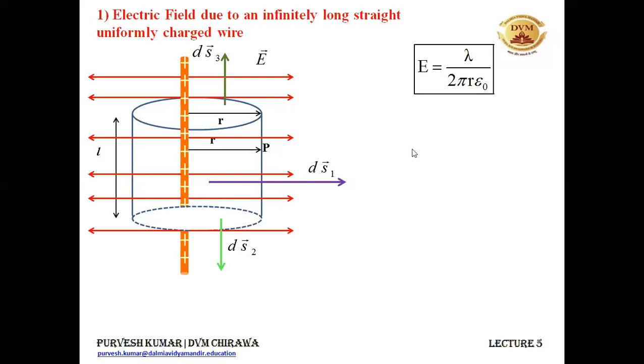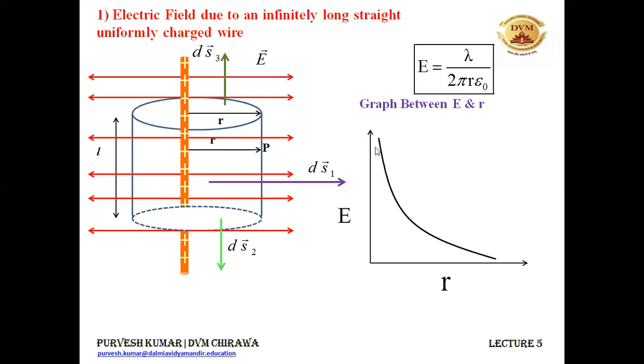So you can draw the graph between E and R like this. Take the y-axis as electric field E and the x-axis as R, and the graph between E and R can be drawn like this. It is a decreasing graph because they are inversely proportional to each other. So when R is less, E is more, and when R is more, E comes out to be very less. This is the graph between the electric field intensity and the distance of the point at which we need to calculate the electric field.